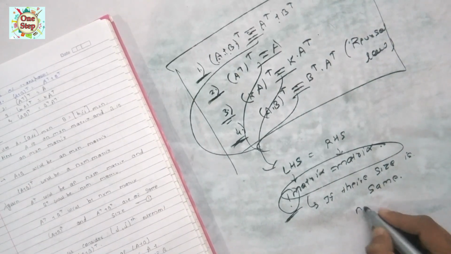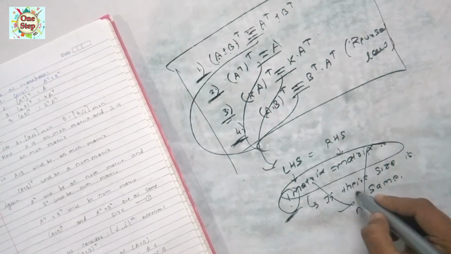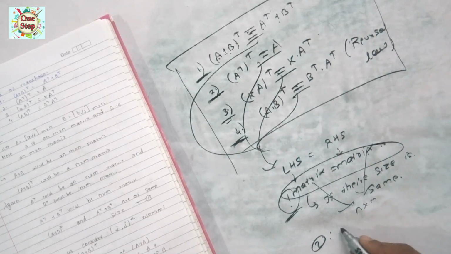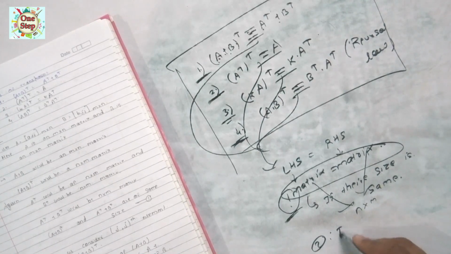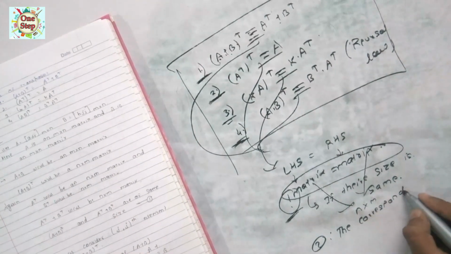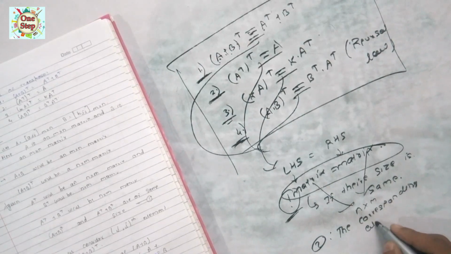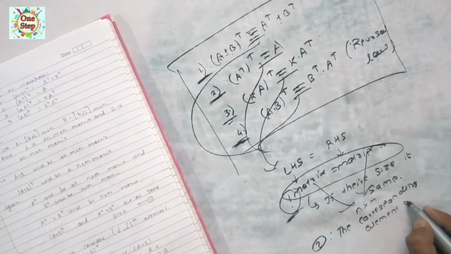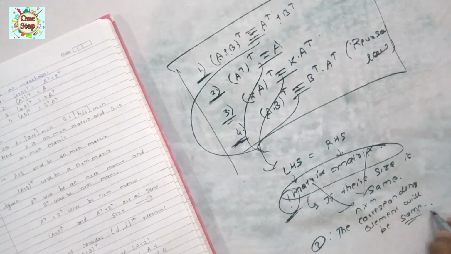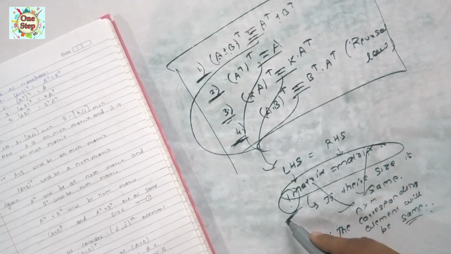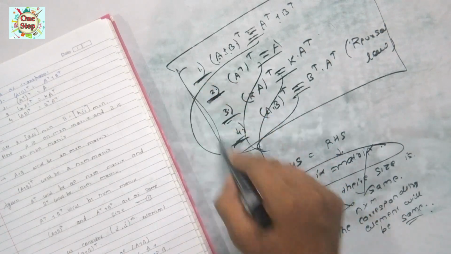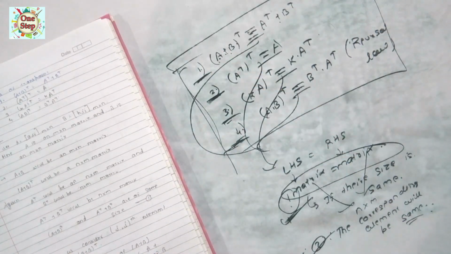Order. If it is order n cross m, then the other must also be order n cross m. Okay. The first condition is this, and the second condition is that the corresponding elements will be the same. So by taking these two assumptions, we can prove all these four properties here, and maybe this will be important for us.